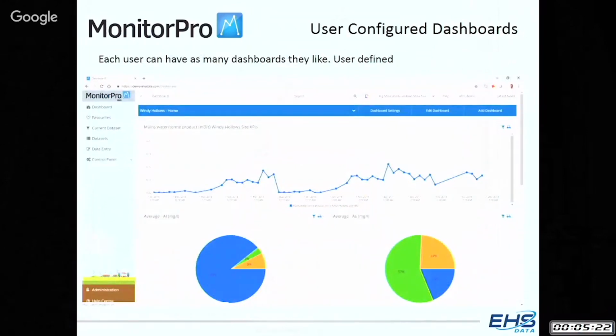Well, the most important one is the dashboards. The dashboards are the key feature of the system. Why do I tell you this? Because here you can customize yourself all the data that you want to see, and it's updated in real time. I use, for example,